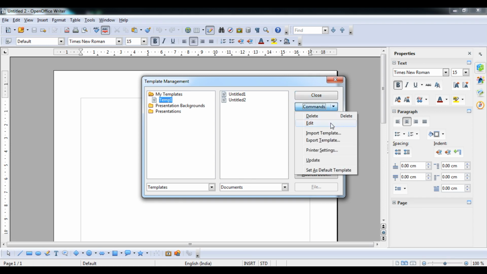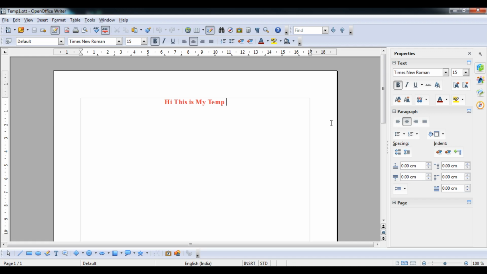Okay, then Edit. Here you type for class 10th. Okay, and then after that you have to save it. Okay, and now close this.